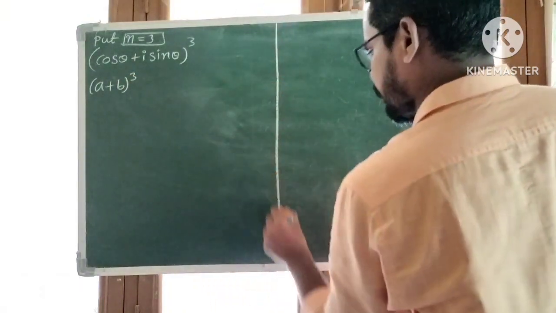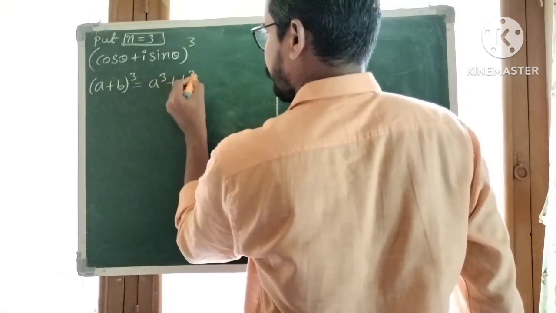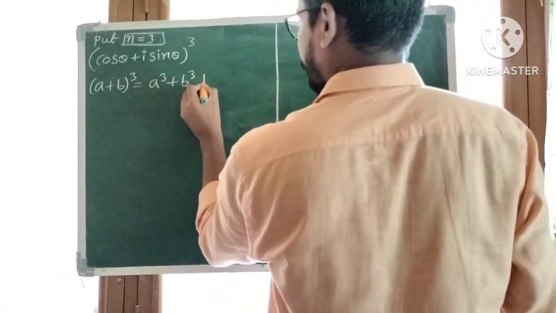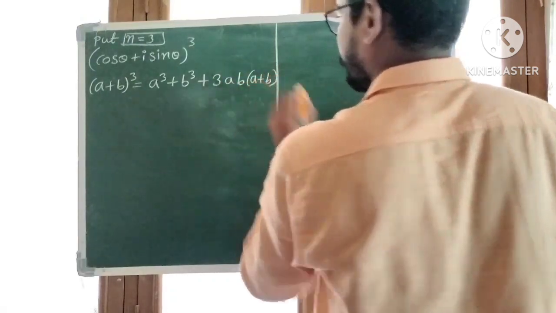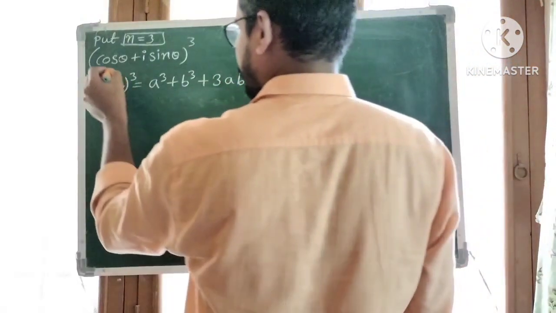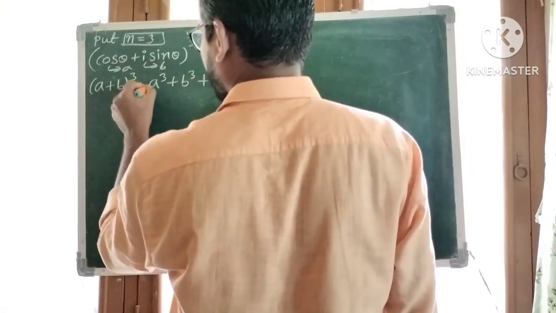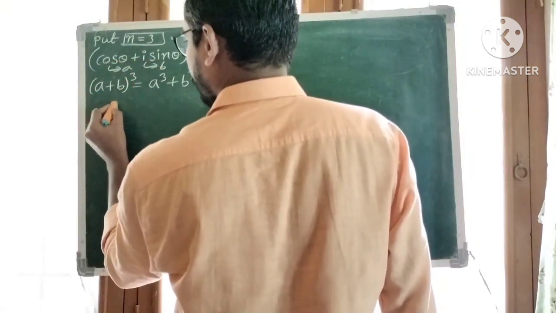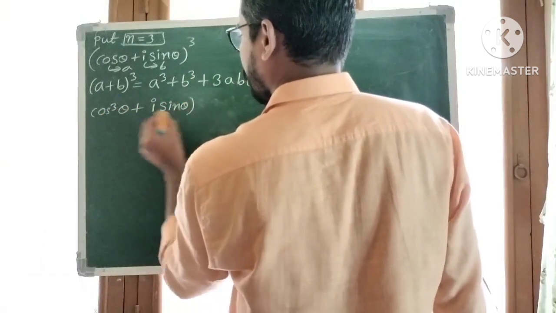What is the formula for (a plus b) whole cube? a cube plus b cube plus 3ab into (a plus b). So here a is equal to cos theta, b is equal to i sin theta. Apply this formula here: cos cube theta plus (i sin theta) whole cube